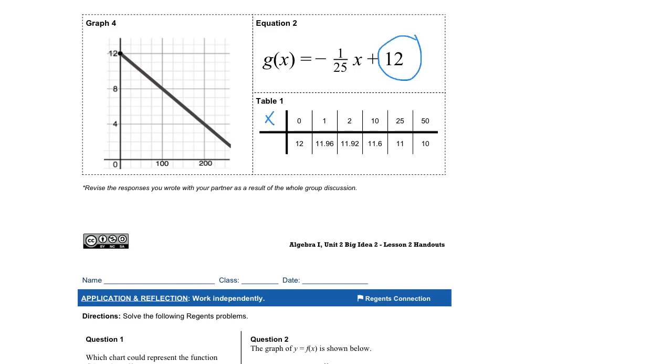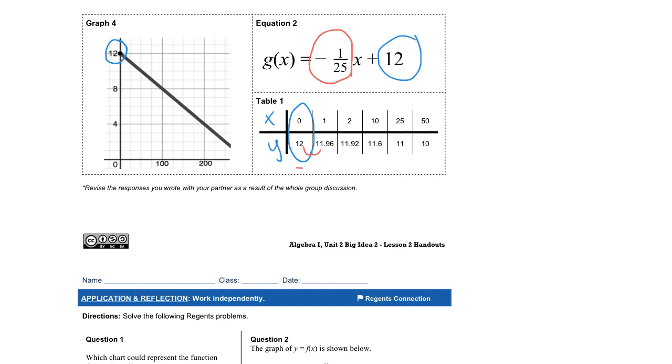So when x is 0, y is 12 right here. That's also this point. Okay? Sorry, my dog is going to bark in the background. Your slope is -1/25. So that means when we go from one point to the next, and the y value, we're going to